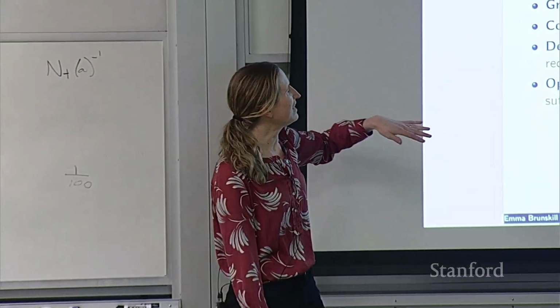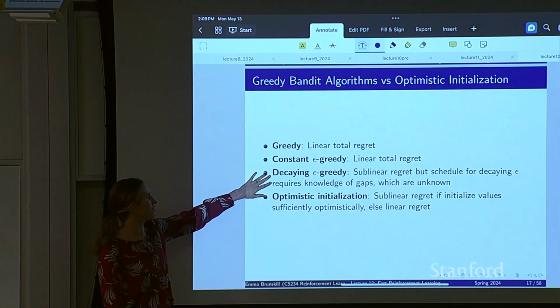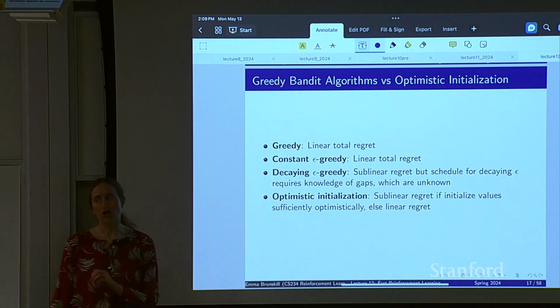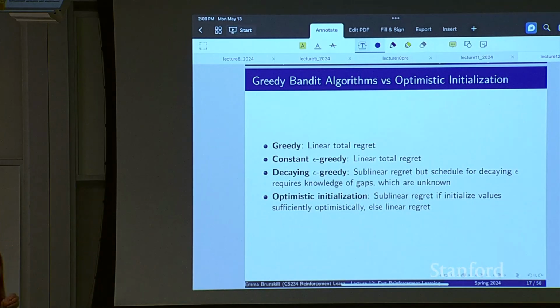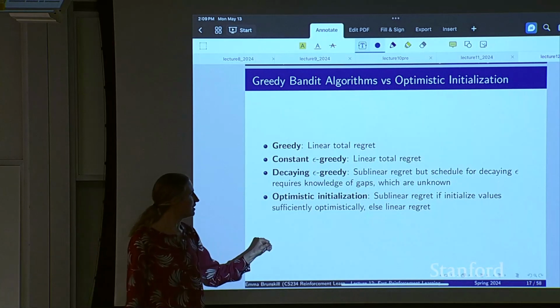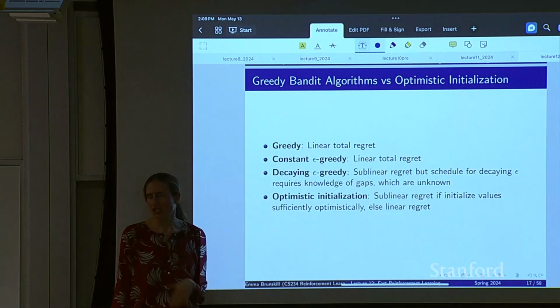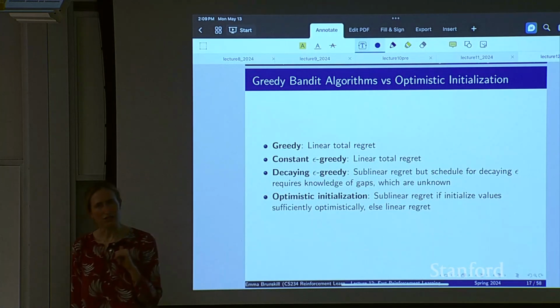All right, so going back to where we are and reminding ourselves in terms of algorithms, this relates to epsilon-greedy, constant epsilon-greedy, decaying epsilon-greedy, and optimistic initialization, which all have the problem in general of having bad performance. It's in theory possible to have sublinear regret, but you often need stronger knowledge than is known. Optimistic initialization also can have the PAC guarantees that we just talked about.